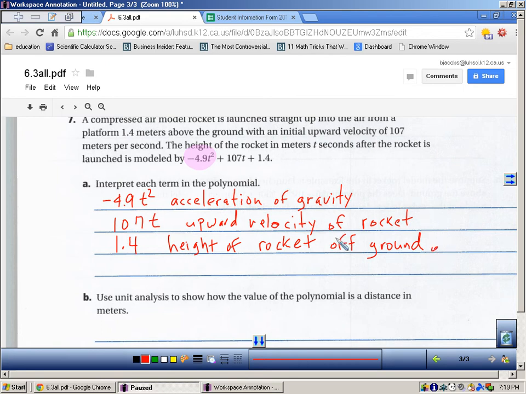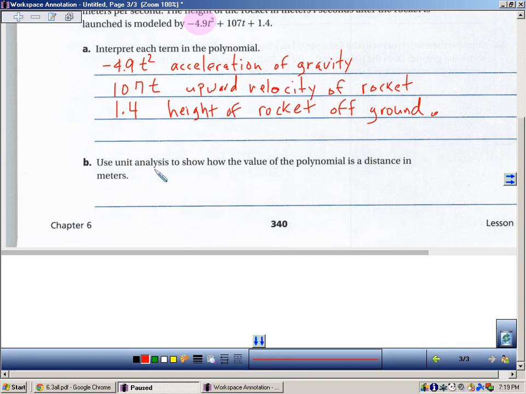Alrighty. And so the next question says, use unit analysis to show how the value of the polynomial is a distance in meters. So this is tricky, so I'm going to write this down. I'm going to use a couple of steps here. So using unit analysis,